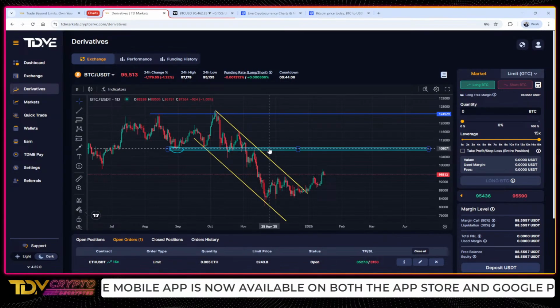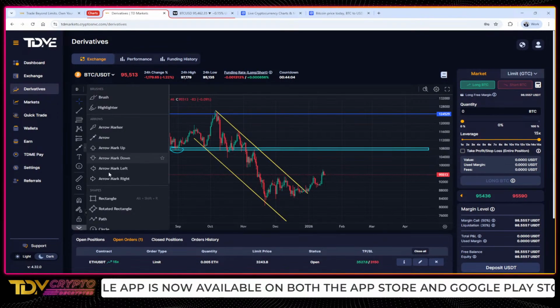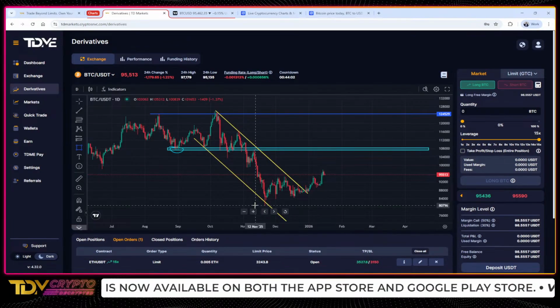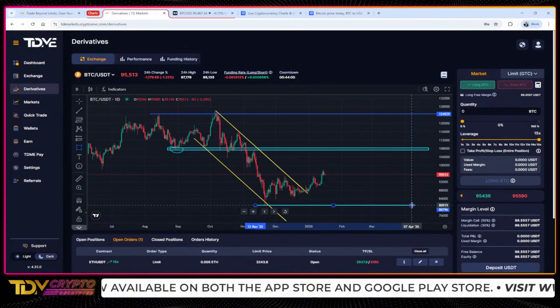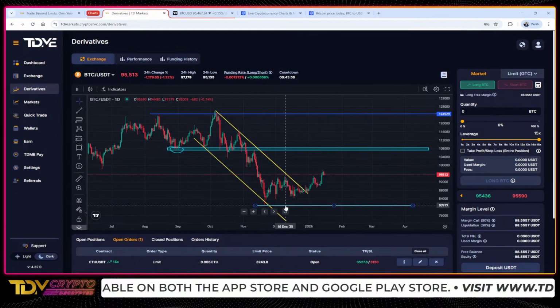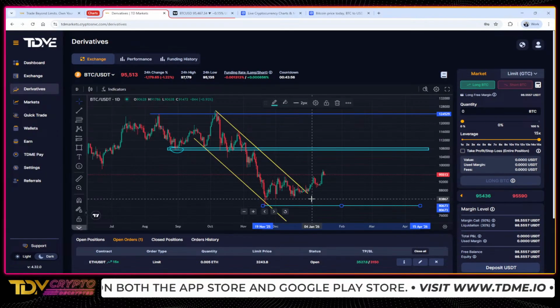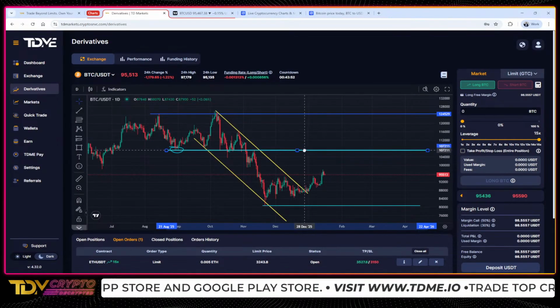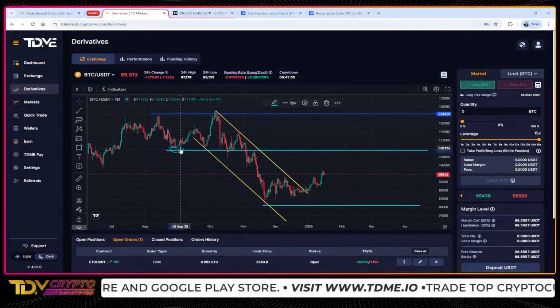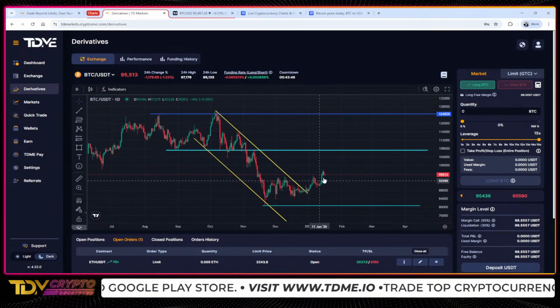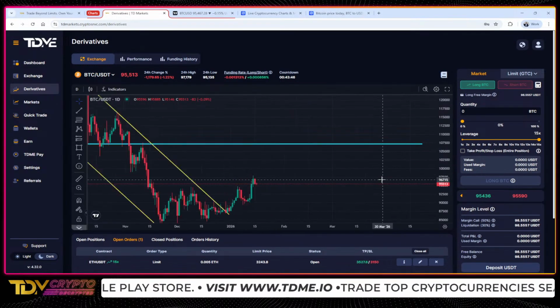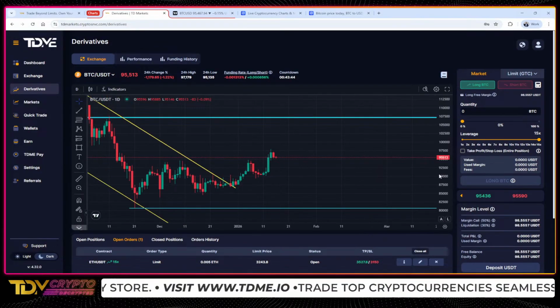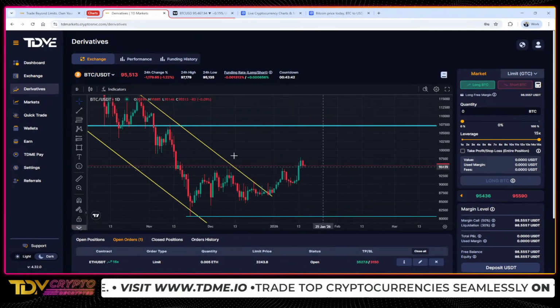So we have created this low down here. All right. And then from that low, price has pushed towards the upside. So now that test of this neckline is what we're anticipating. You see how it is. So from here, guys, there are two possibilities we can see, right?